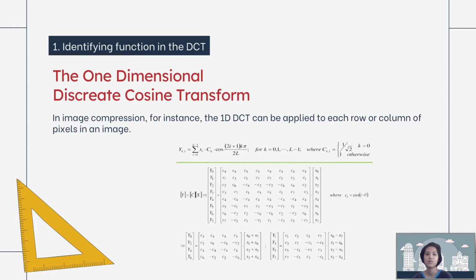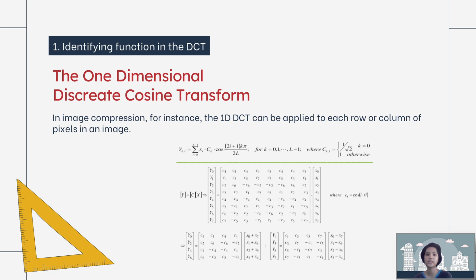Before we start, we need to identify the discrete cosine transform first. The one-dimensional discrete cosine transform is a mathematical operation used to convert a sequence of data points into a series of cosine functions. The one-dimensional discrete cosine transform is characterized by expressing the sequence as a sum of cosine functions